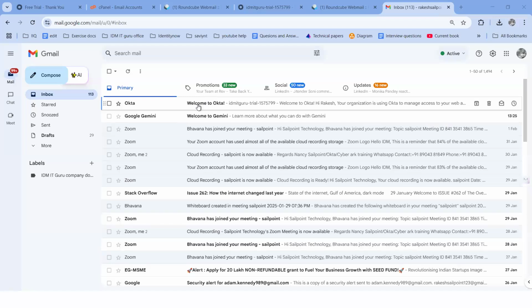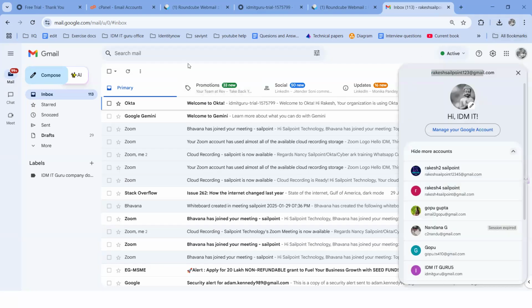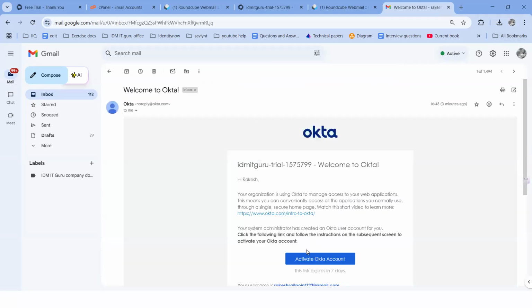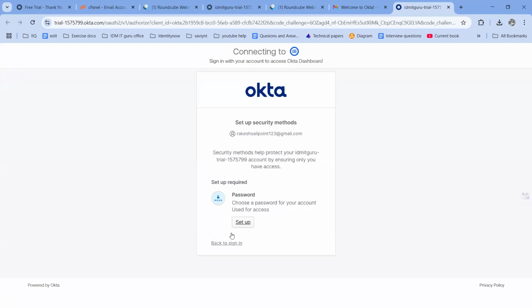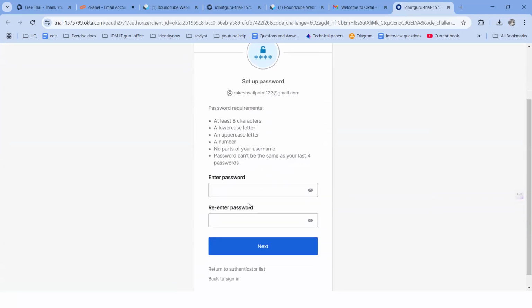Now I clicked on it, the user's mailbox. I am in the user's mailbox. See, this is my Rakesh123 mailbox, and I clicked on Okta, and I'm clicking here, Activate Okta account. Then it is going to activate the user, and this is a different user, right? So it is asking me to set the password. So here I'm setting the password,